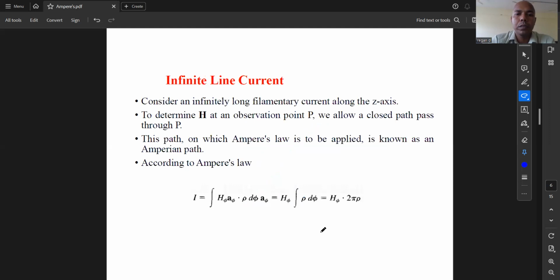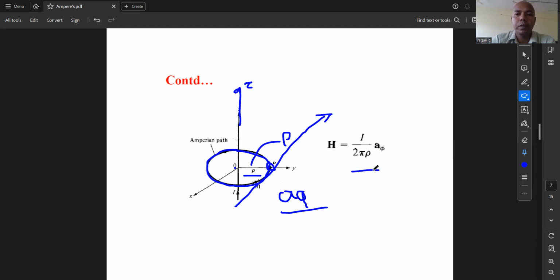So we can write the current enclosed in this long infinite current conductor. So I is equal to the closed integral of H phi A phi dot rho d phi A phi, which is equal to H phi times 2 pi rho. Here rho is the radial distance. So we can find H phi, that is the magnetic field at the point P. The magnetic field H phi is equal to I over 2 pi rho. So this is the magnetic field